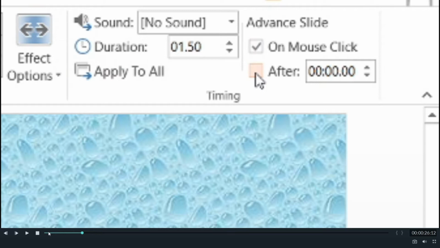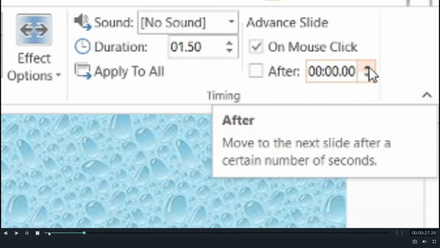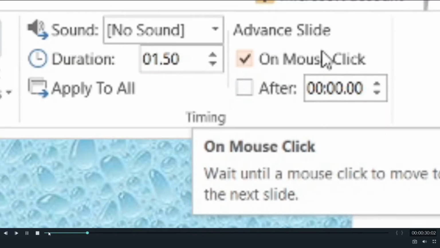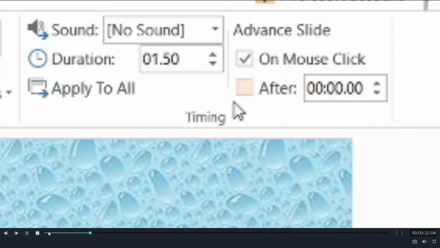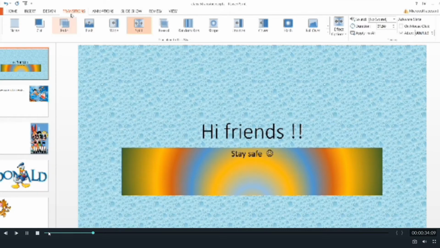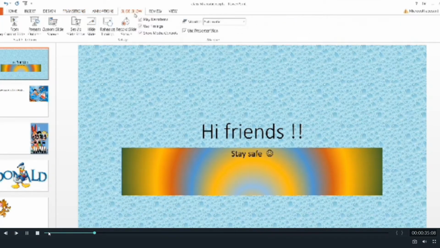Or you want the slides to move automatically on their own. If you want that, you can set the timer. This time let me set the timer so that after 1 second it moves. I will deselect mouse click, because if you want to set timing, you need to deselect the mouse click. I will set it for 1 second.